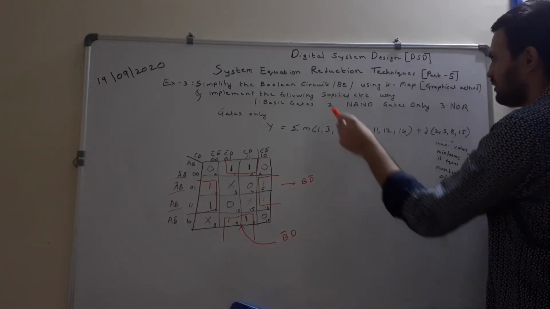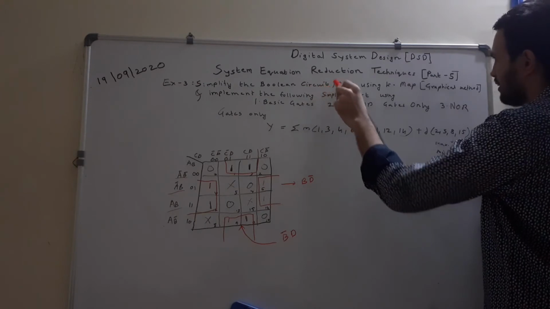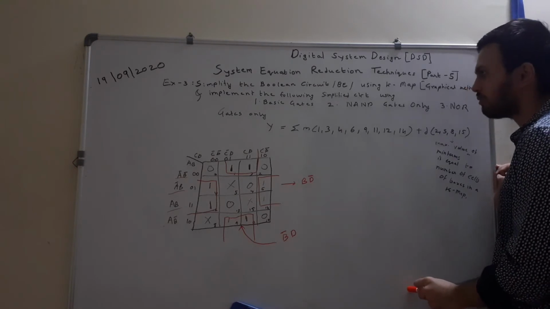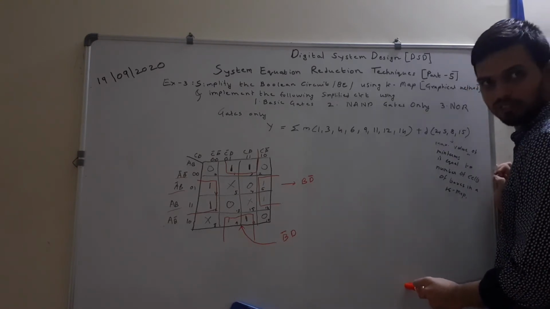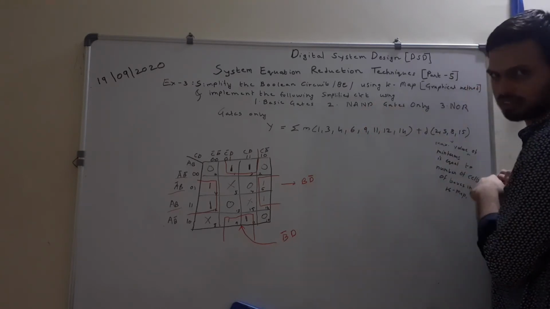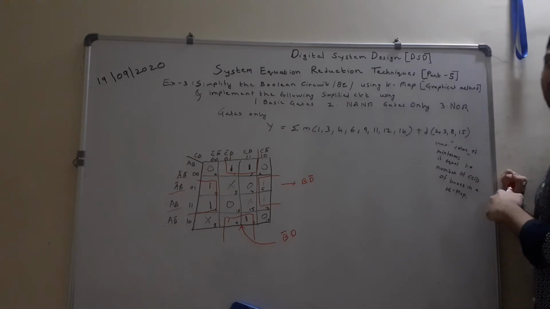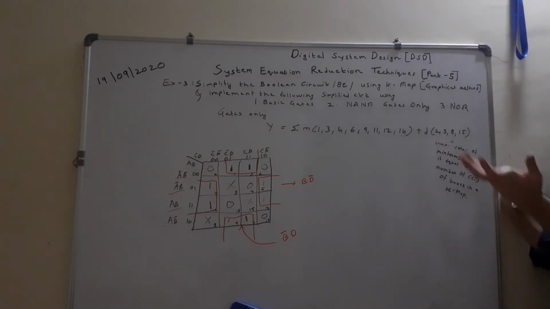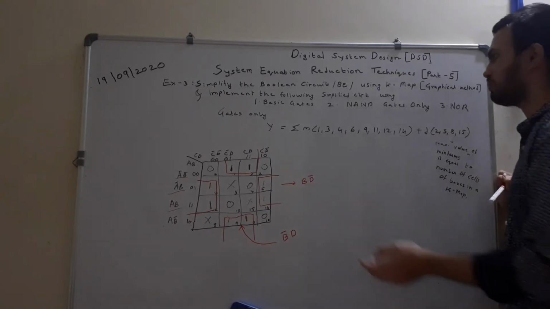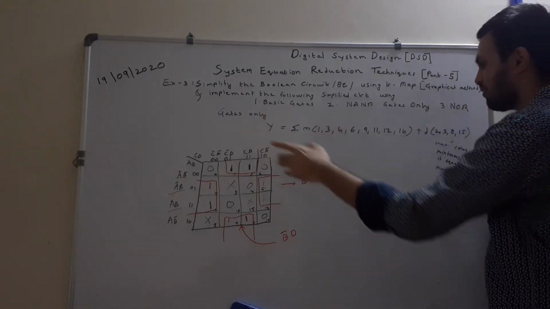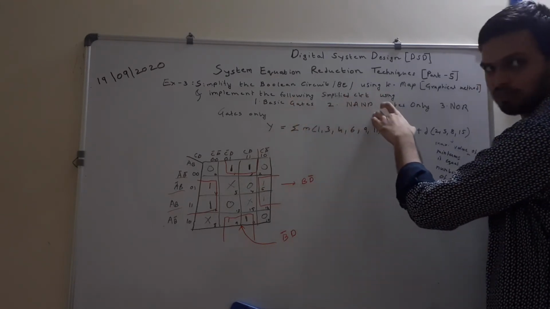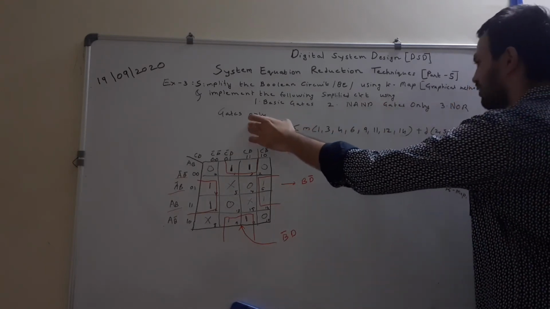Now in this example they have asked to simplify a given logic circuit or Boolean circuit using K-map or graphical method. So K-map and graphical method mean one and the same thing, and implement the following simplified system equation. They are asking us to draw the system equation, or implement, or realize the system equation. So these alternate terms are used when you are supposed to draw the circuit from the given simplified expression. After simplifying the circuit using K-map, they are asking you to draw the circuit using basic gates, NAND gates only, and in the third condition NOR gates only.